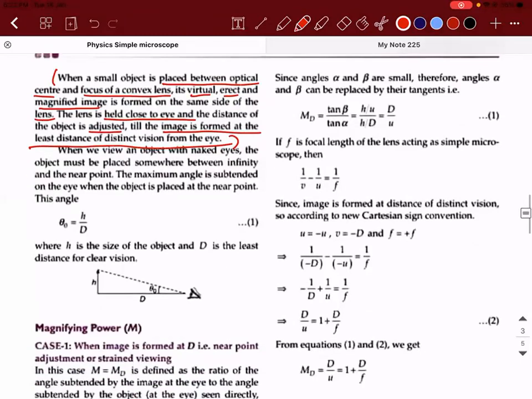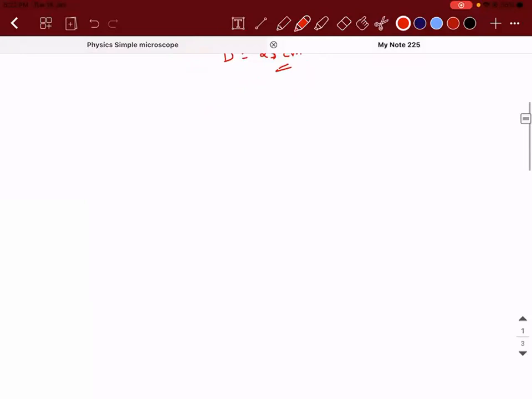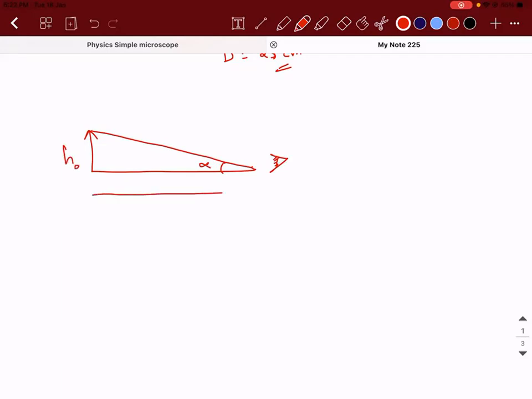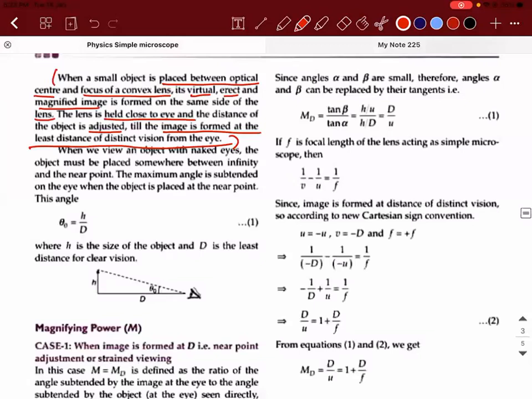So what you're supposed to do is listen. Suppose I give you an object. I told you about the pen, right? Suppose I give you the pen. First you need to observe this pen with the naked eye. Let's say the angle that is subtended at your eye is alpha. The height of the object, I'll call it h0. Then what is the minimum distance at which you can have this kind of clarity? That is the least distance of distinct vision. Okay. So having this in mind,